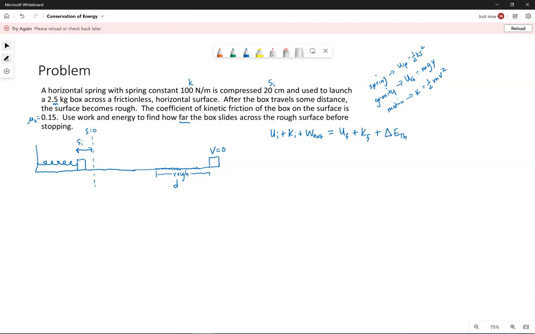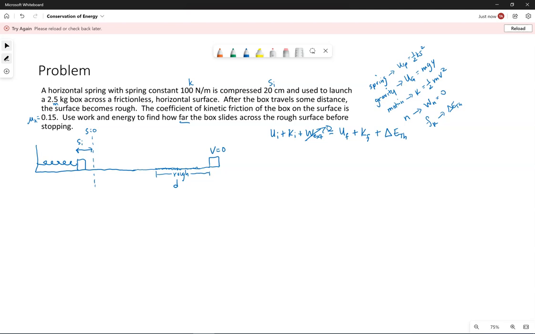The other forces: we have a normal force, but remember the work done by the normal force is always zero, and that's because the angle between the normal force and the displacement is 90 degrees. If the force is perpendicular to the direction of motion, there's no work done by that force. And then kinetic friction, we're going to account for in the delta E thermal term. So we can say work external is zero,